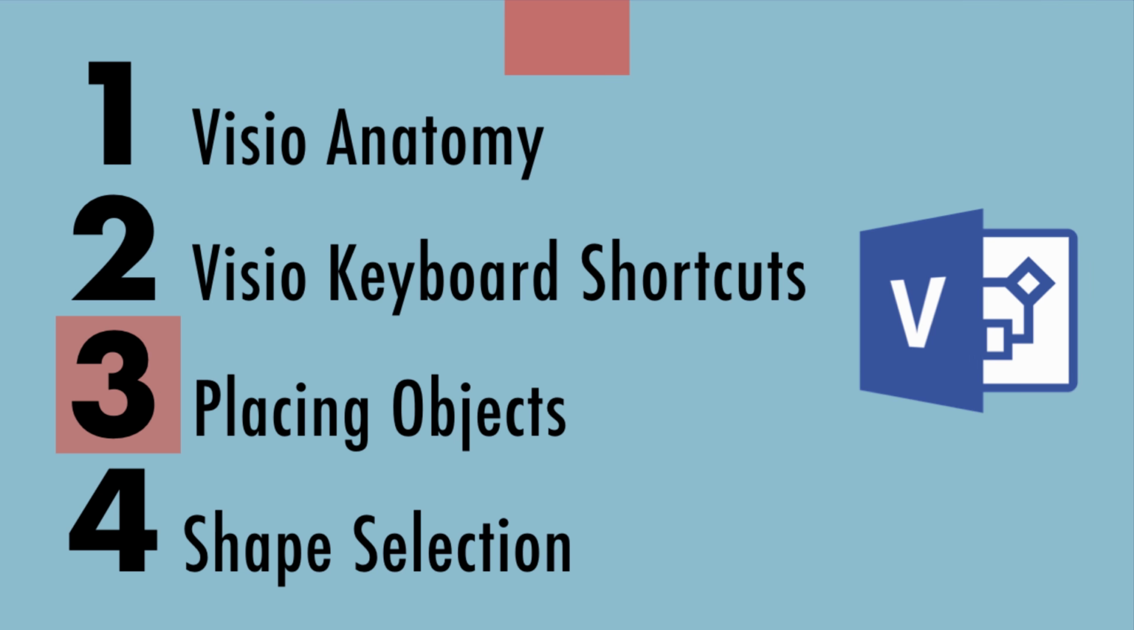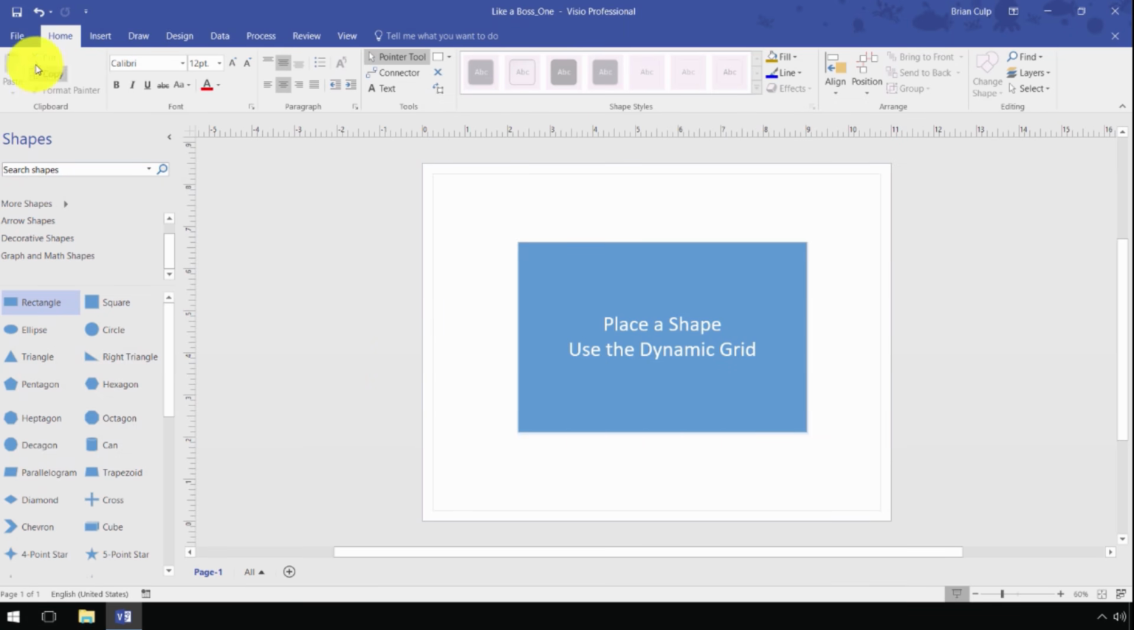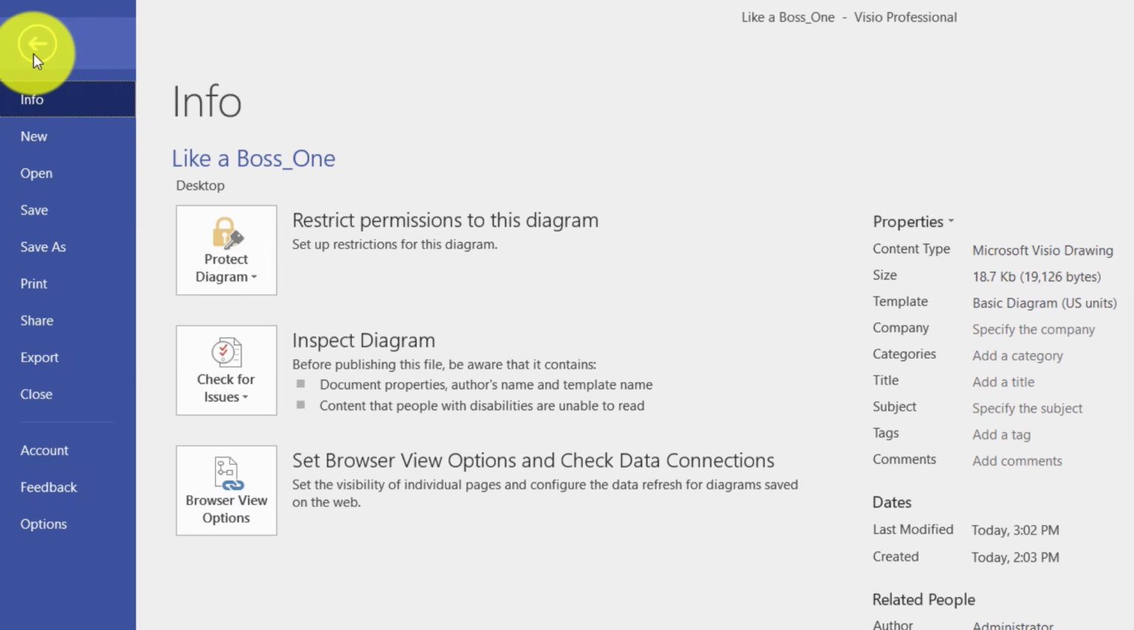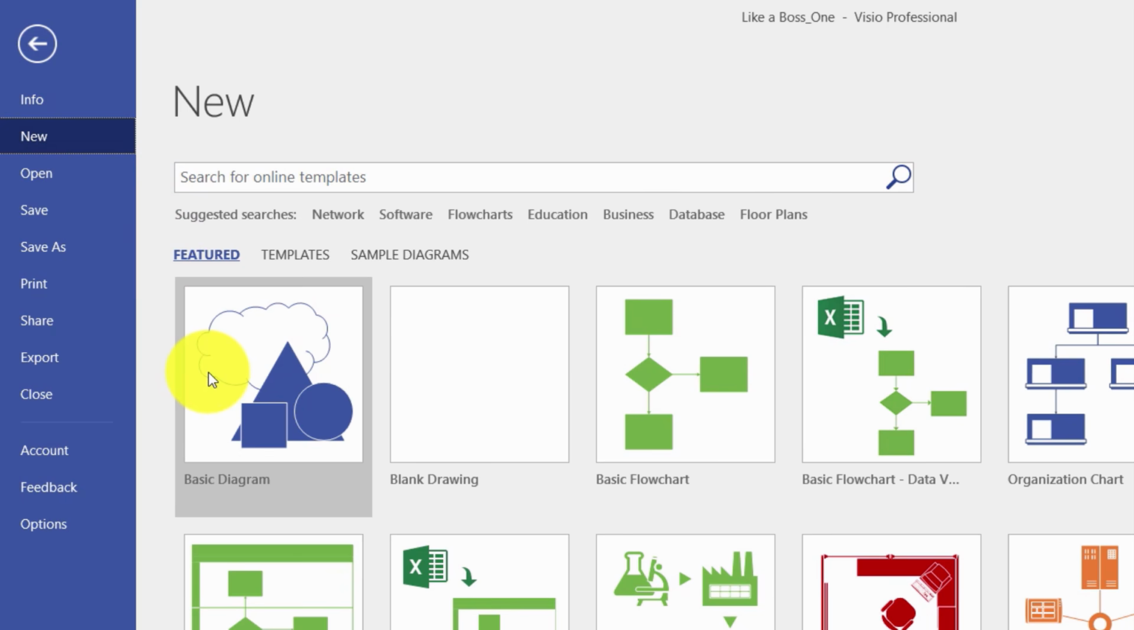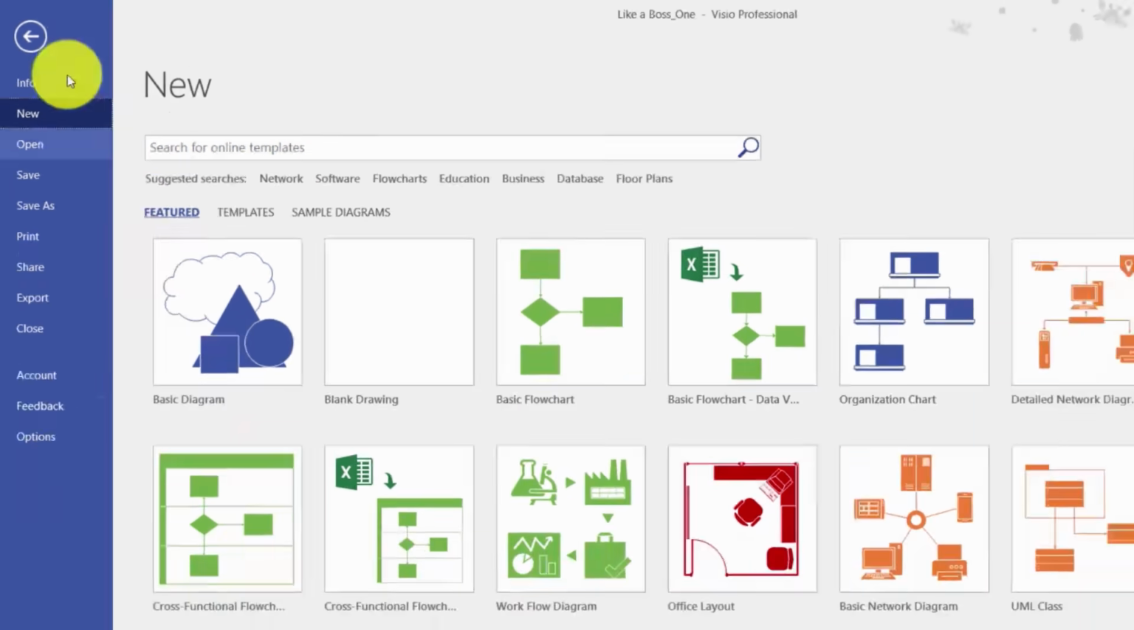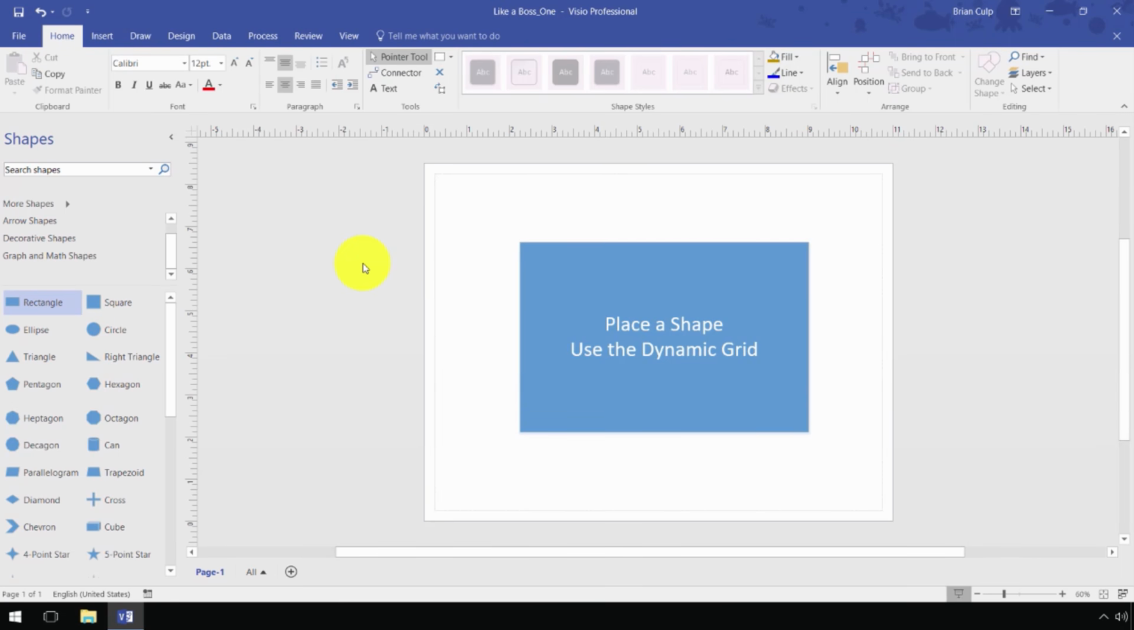So to start things out, I'll show you two things. One is that I'll go to the Backstage view by clicking on the File tab of the ribbon. And what I'm using here, if I click on New, is a basic diagram template. So I'll click here to get me back. The reason I'm using this is just because it gives me a stencil of basic shapes from which to